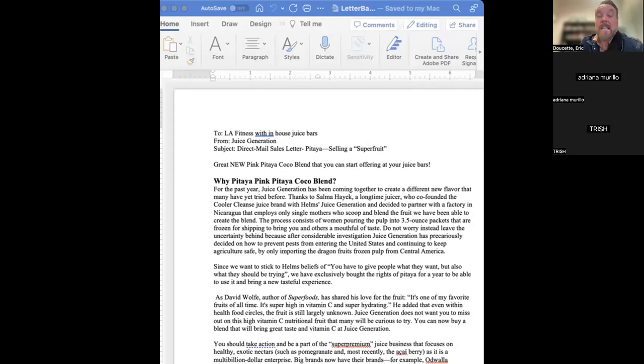So this one here was a letter. So again, it's not formatted like a letter. A letter always has either a letterhead and then it has the return address of the person. Then it has an inside address, which looks like they kind of started somewhat of an inside address. And then, by the way, salutations where it says Dear Doug always end in a colon, not a comma. And then again, it's all one paragraph for the most part. And then they actually did correct on their signature block, but it shouldn't be double spaced. It should be single spaced. And they need to leave room for a signature, right? So it should look like that.